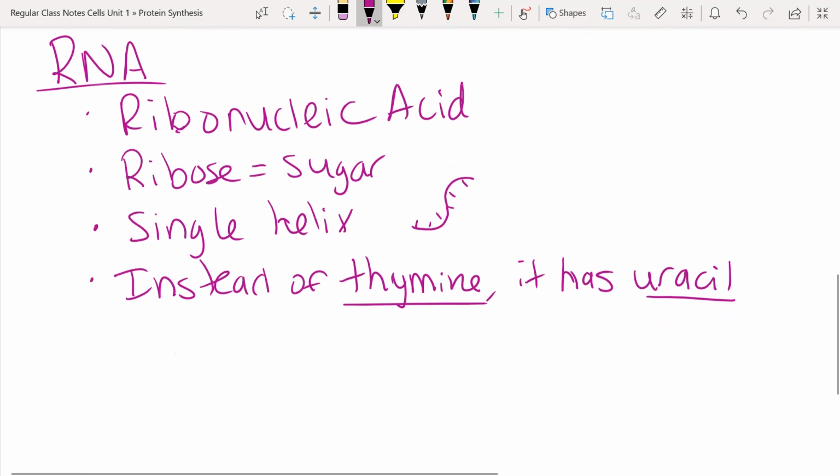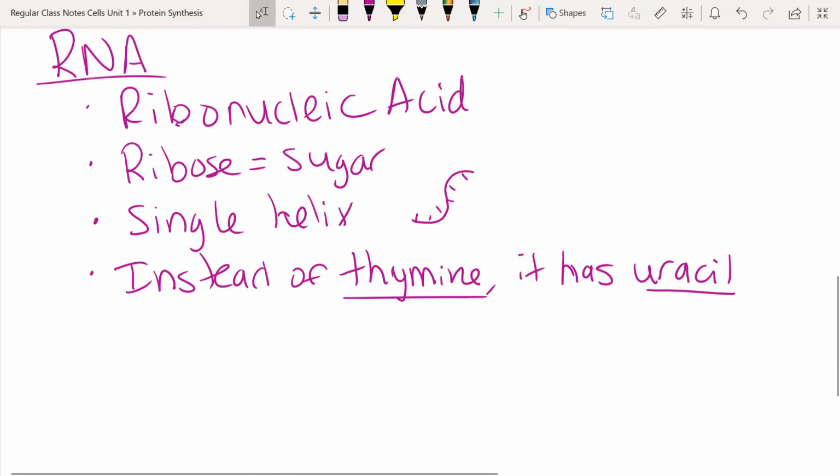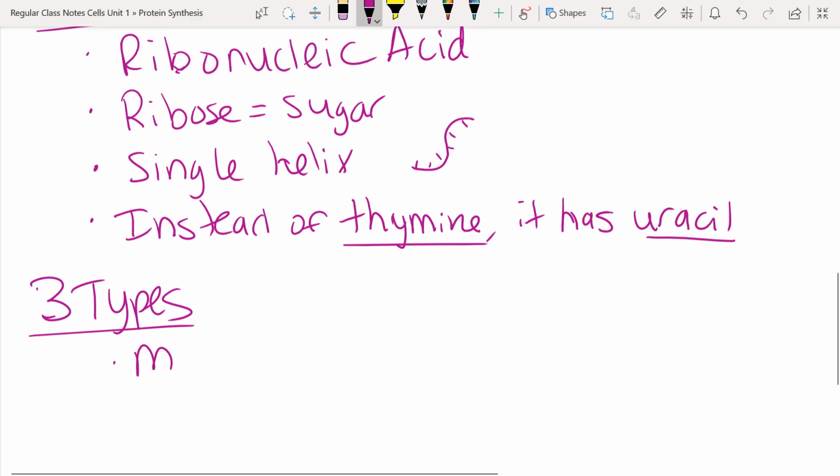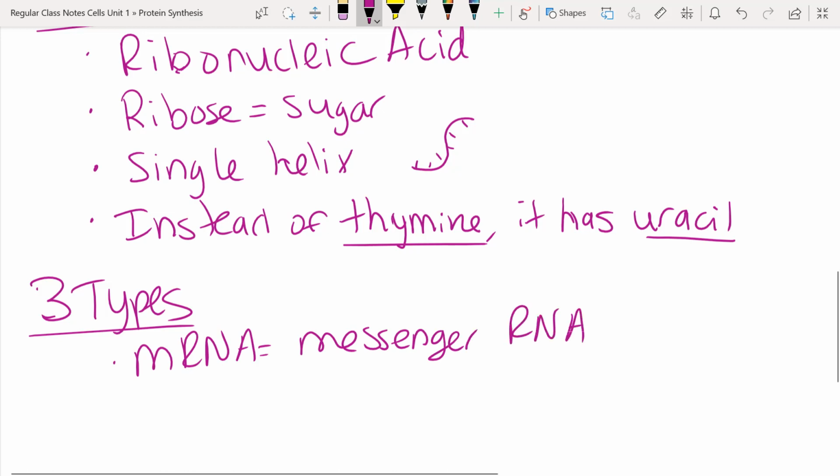So uracil replaces thymine in RNA. Okay, we have three types. The first type is called mRNA. This stands for messenger RNA. And its job is going to be to